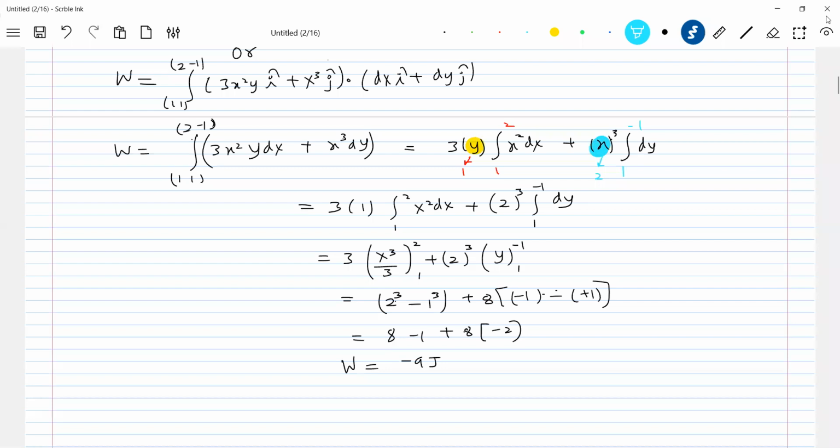alert here. So the value of y, because first I'm integrating along x, then 1 comma 2. What is the value of y? That should be substituted. Then I'll integrate along the y-axis. Then after integrating along x, you are at now what happen? First you'll integrate from 1 comma 2 along x. And what is the value of y? That should be substituted. Then you are at 2 comma 1.